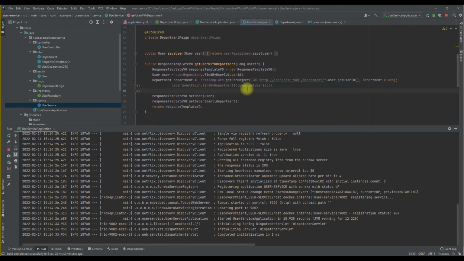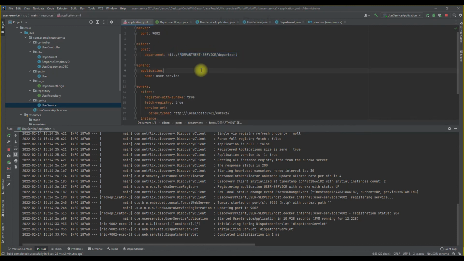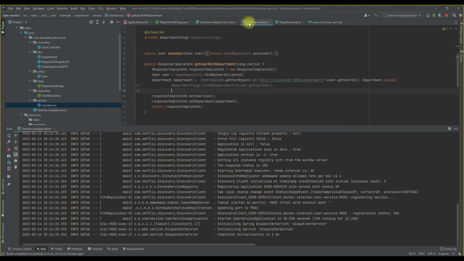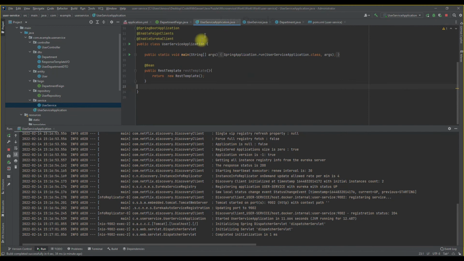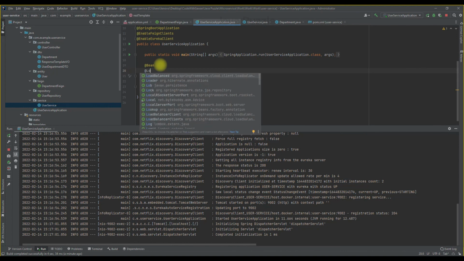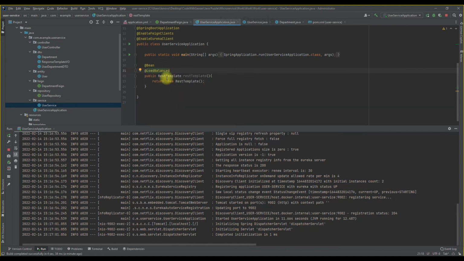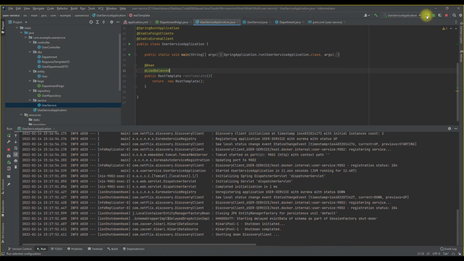Okay, now we can copy here from the YML. We just copy this department service and just change here. Okay, and what you have to do in the case of the REST template is use the LoadBalanced annotation here. Okay, let me run this again.